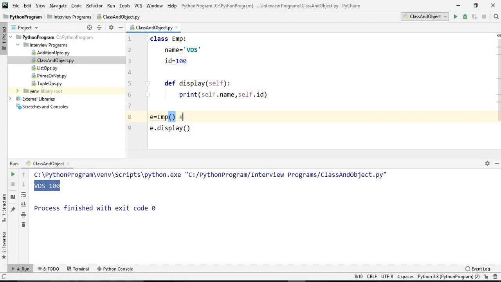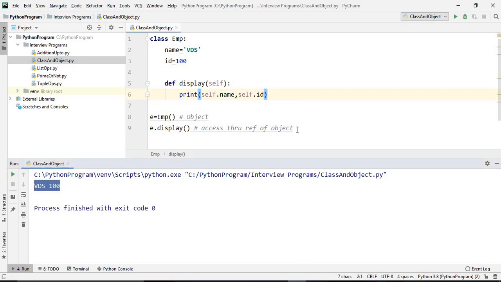This is the object, and after that we access through a reference of the object. Okay. So if we run this one, class and object, see, VDS and 100.